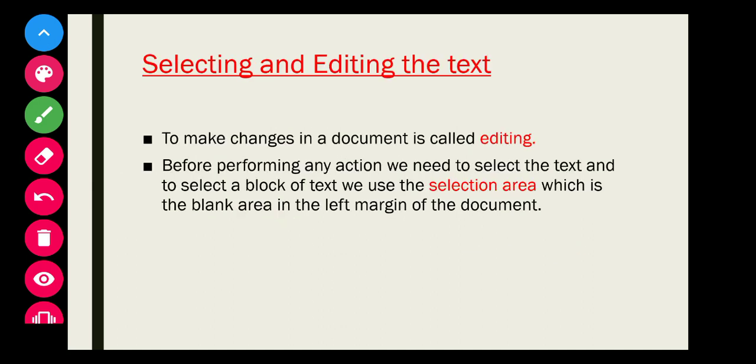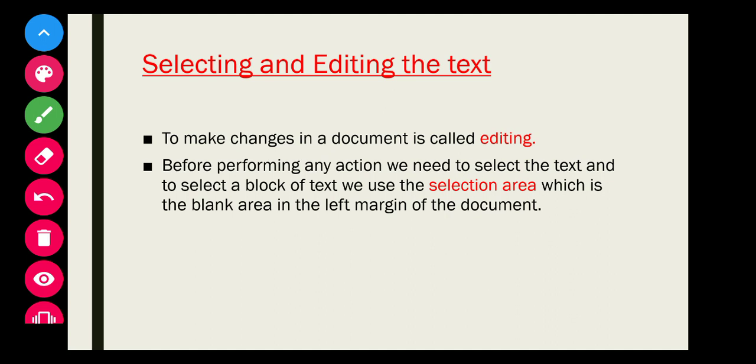Next we have to study selecting and editing the text. So what do you mean by editing? Editing means to make changes in a document. Suppose you wrote something in Microsoft Word and you want to make changes in that. The changes you make in your document are called editing.